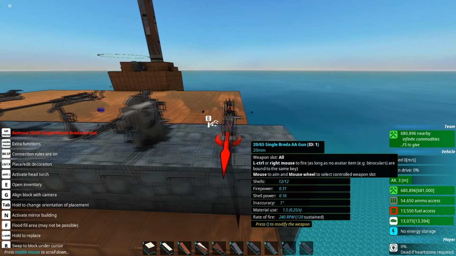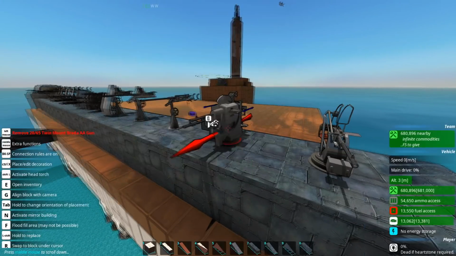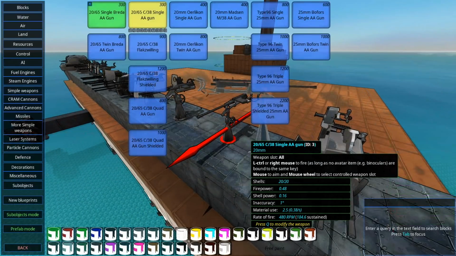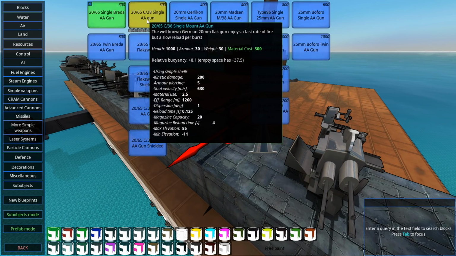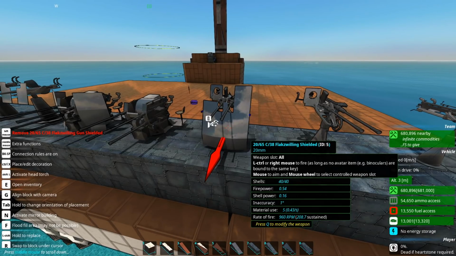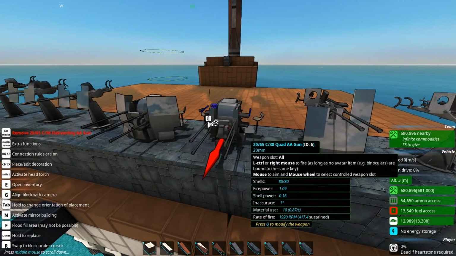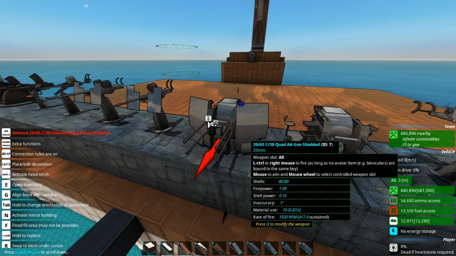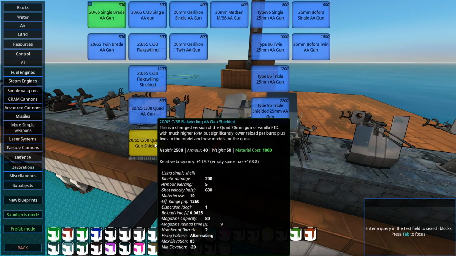So this is the twin version of that, the Breda, and then we've got the 20/65 C38 single AA gun, which is German. We've got the twin version of that, and the twin shielded version. And then we've got, again, 20/65, the quad version, and then the quad shielded version. This guy is